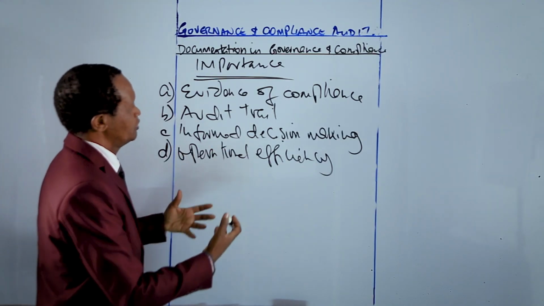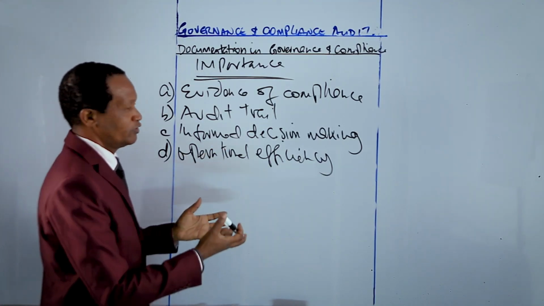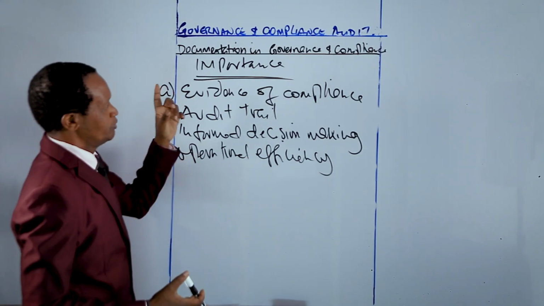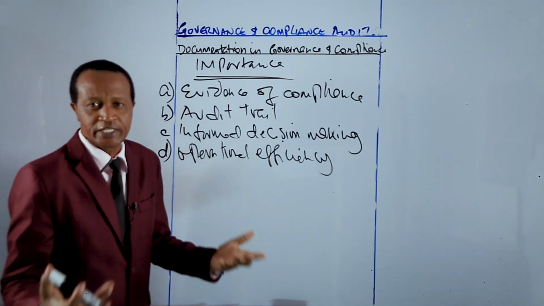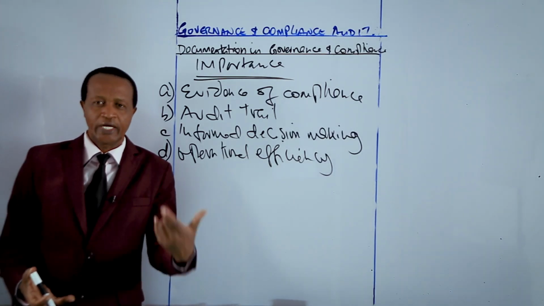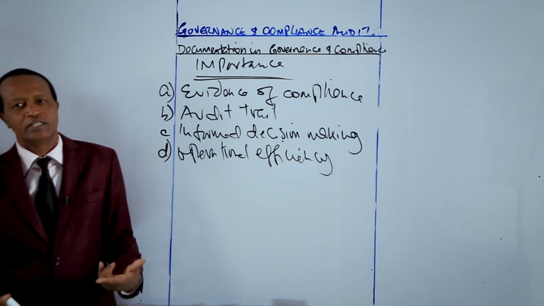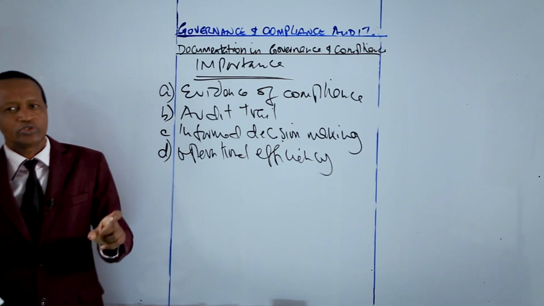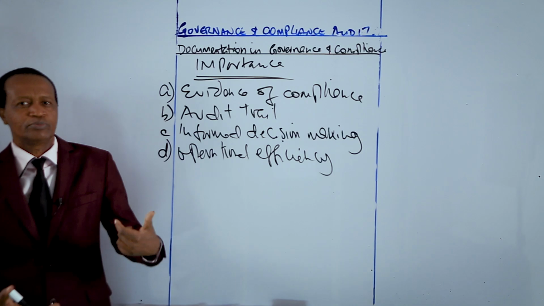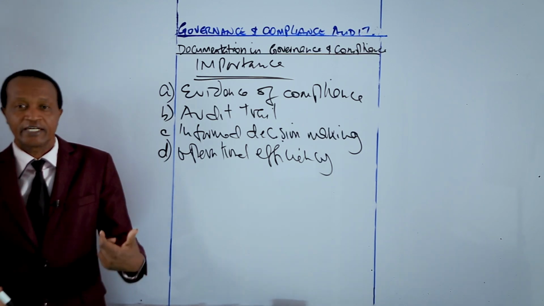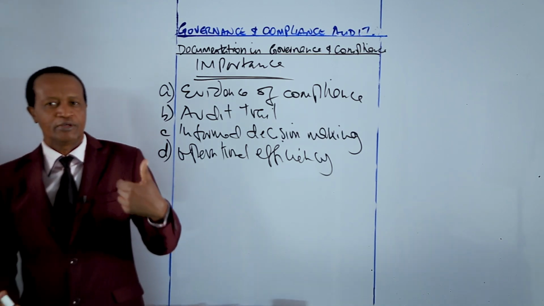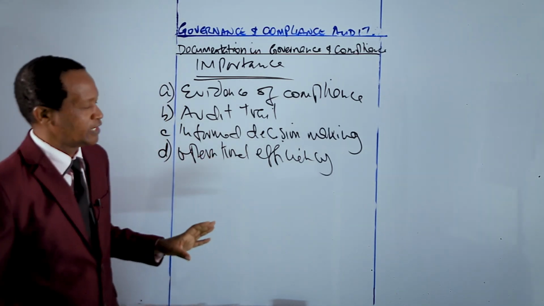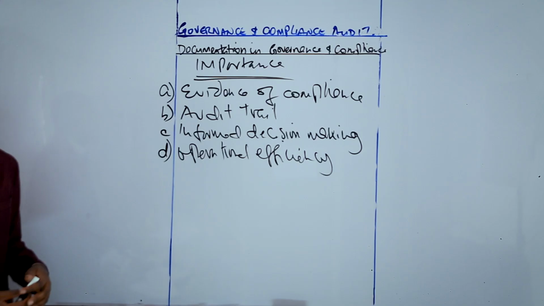Here we are discussing documentation from the perspective of the company that is being audited. And in point number 4, we are saying the documentation is important because of operational efficiency. Because well-organized documentation ensures that everyone in the organization understands their role and responsibilities, which improves consistency, reduces errors, and also streamlines business operations. And that becomes also very easy for the auditor to carry out these duties.